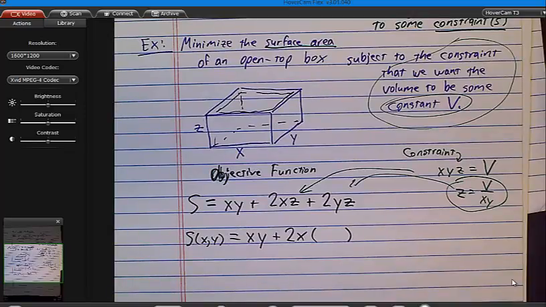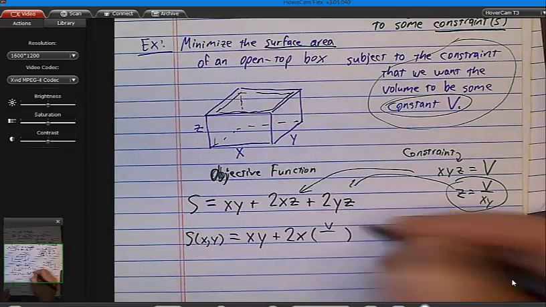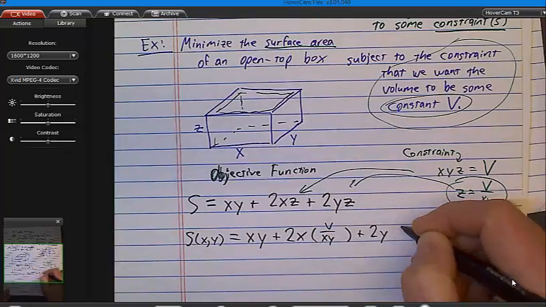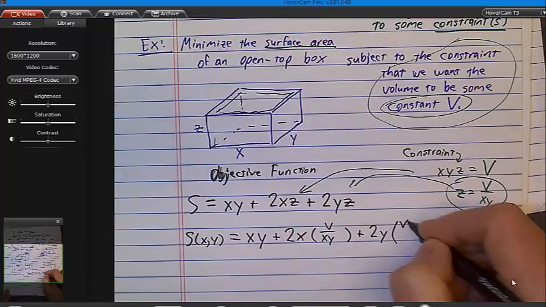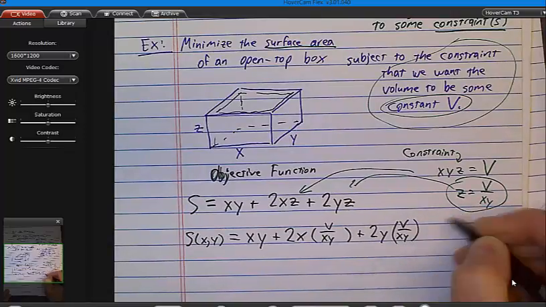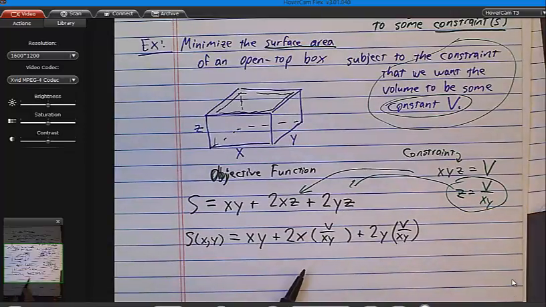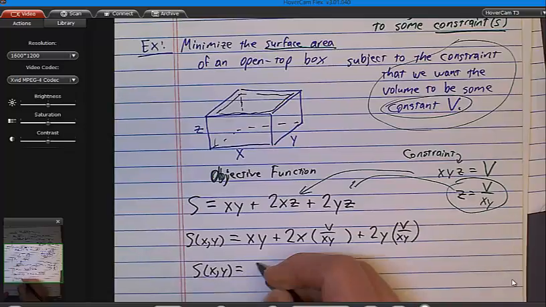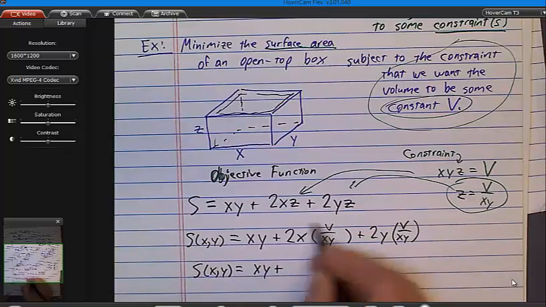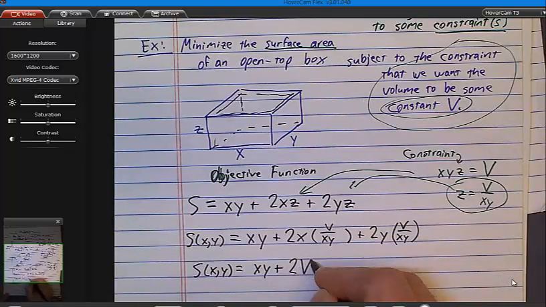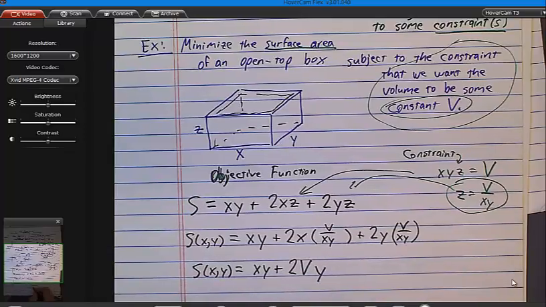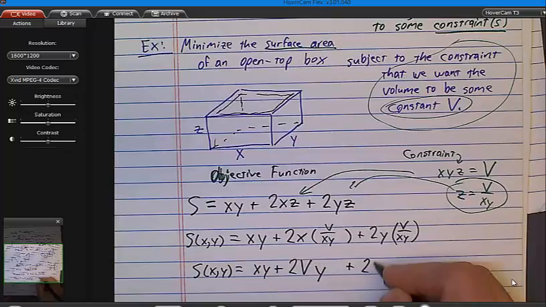Where the z used to be, I'm going to plug in my v over xy. And then I have plus 2y times v over xy, right? And so, again, since v is a constant, let's write s of xy as xy plus, since v is a constant, I'll bring that out front. I have 2vy, because the x's cancel, right? Plus 2v,